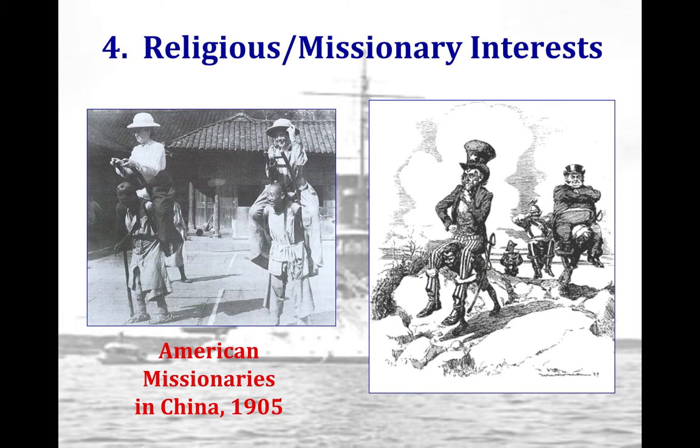So shifting over to another group, like I was saying before, there is a huge religious component to imperialism as well. The Reverend Josiah Strong wrote a book called Our Country, Its Possible Future and Present Crisis. This was published in 1885, and it has a social Darwinist approach because he argues in this book that people of Anglo-Saxon stock were the fittest to survive. He also argues that Protestant Americans have a religious duty to colonize other lands in order to spread Christianity, but also to spread the benefits of what he calls a superior civilization.